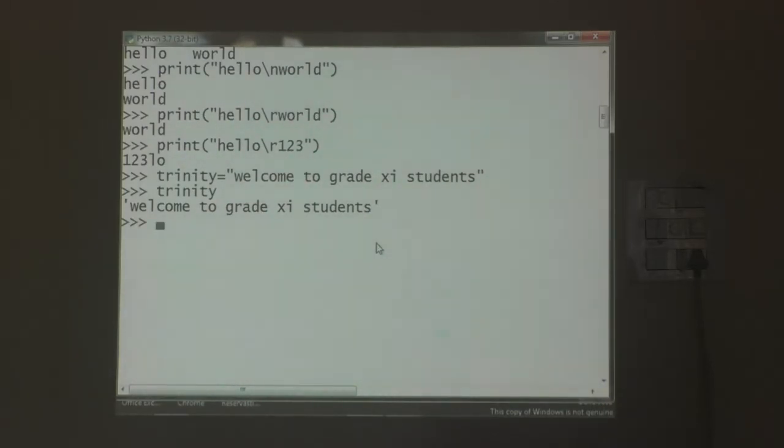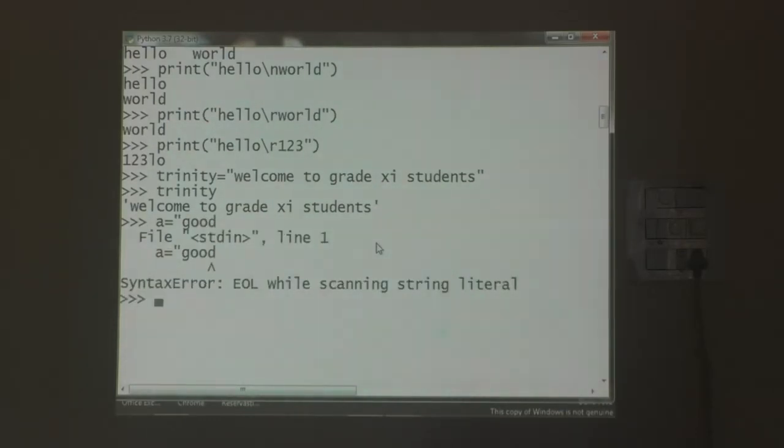Okay. Suppose I am giving like this, see here, A is equal to "good", immediately what type of error is displayed? End of line while scanning string literal.